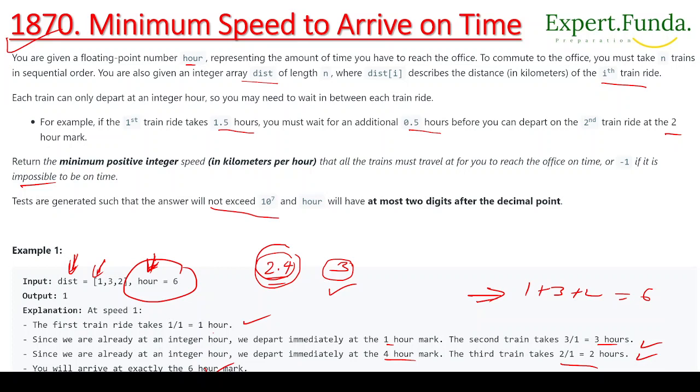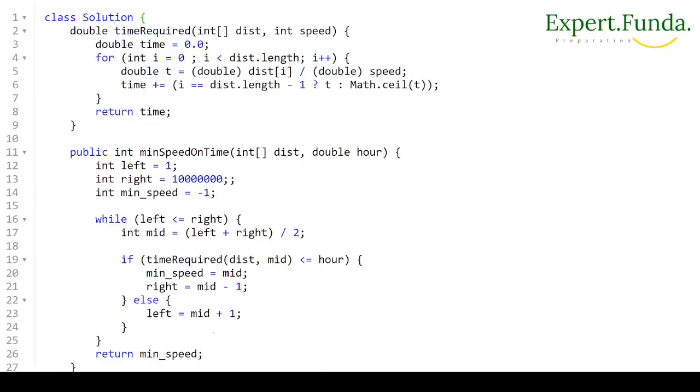So that we can do by binary search, as you can see here. We have given distance and hours. How will we do that? We are taking left and right. Right will be 10 to the power 7. Okay, so I will take minimum speed. While left is less than or equal to right, what I will do is